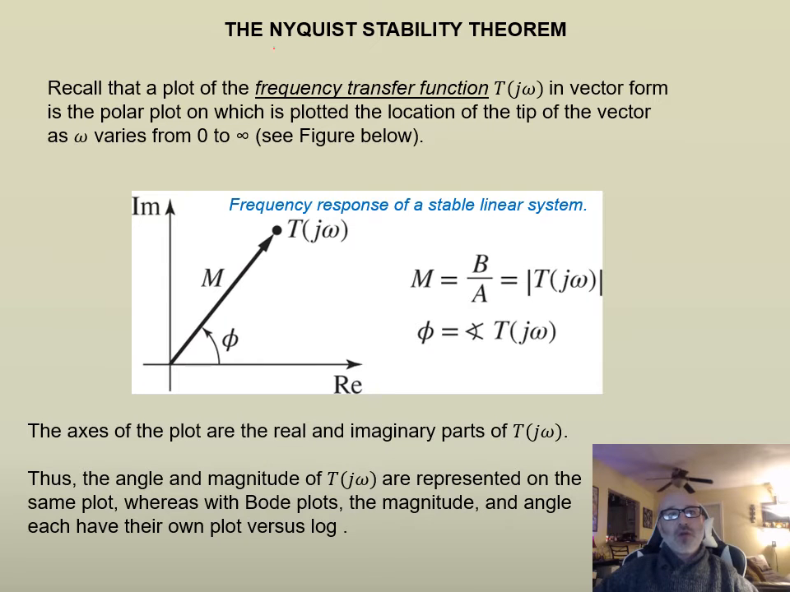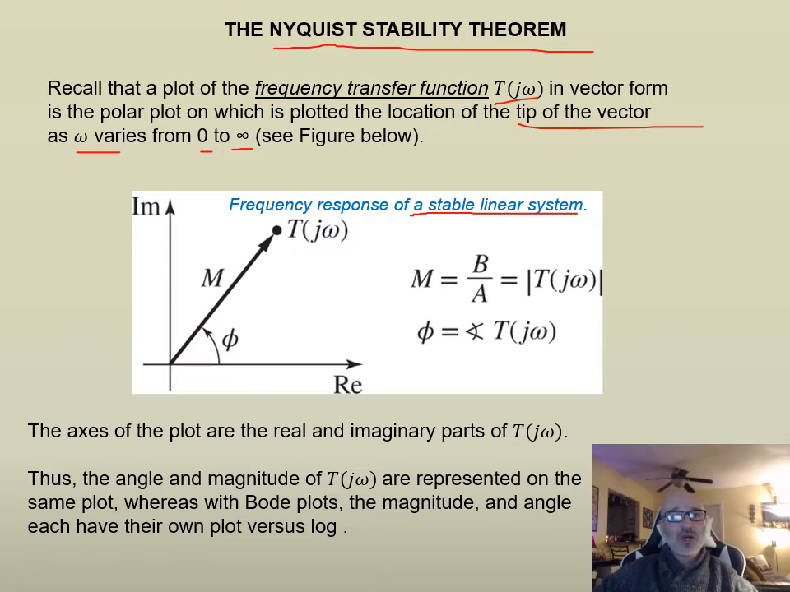So if we talk here about the Nyquist stability theorem, we can recall that a plot of the frequency transfer function, our T(j omega) here, in vector form is the polar plot, and we can see plotted down here the location of the tip of the vector as our omega varies from 0 to infinity. So we can take a look at the figure below here, and this is our frequency response of a stable